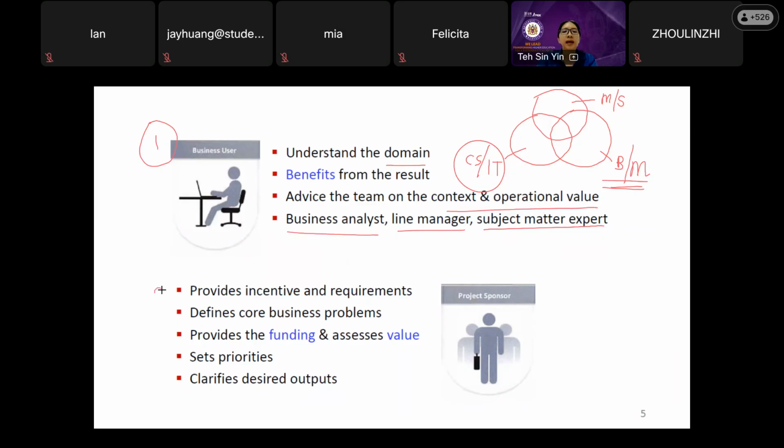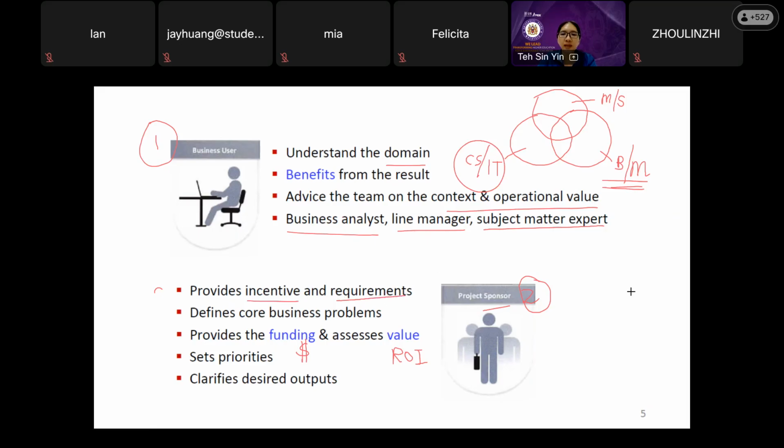All right. And the second role in the project is the project sponsor. As I said, this person will be the dollar and cent. This person will provide the funding. And of course, when he or she gives the money, he or she must know the value, the return on investment. ROI is one of the values. So this project sponsor will provide the incentive, meaning give the money, and also the expectation, the requirement.